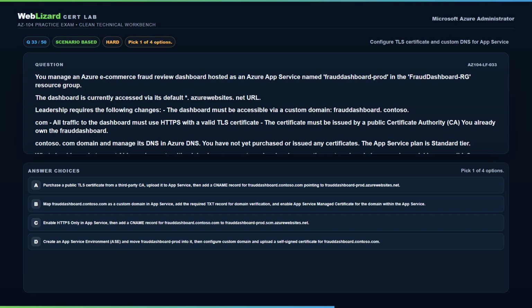The dashboard must be accessible via a custom domain, frauddashboard.contoso.com. All traffic to the dashboard must use HTTPS with a valid TLS certificate. The certificate must be issued by a public Certificate Authority, CA. You already own the frauddashboard.contoso.com domain and manage its DNS in Azure DNS. You have not yet purchased or issued any certificates. The App Service plan is Standard tier. What should you do to meet all requirements with minimal management overhead and ensure the custom domain is secured as